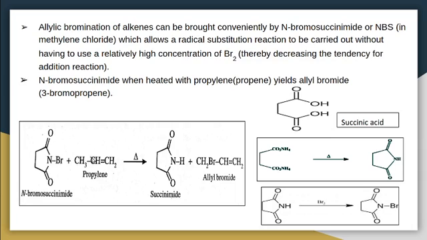So here we have the structure of N-bromosuccinimide. It can be prepared from succinimide. This is the structure of succinic acid, CH2, CH2, COOH, COOH. Its ammonium salt, CO2NH4, on heating gives succinimide, which on treating with bromine gives N-bromosuccinimide by replacing the H with bromine. So N-bromosuccinimide is a brominating agent of alkenes at the allylic position.